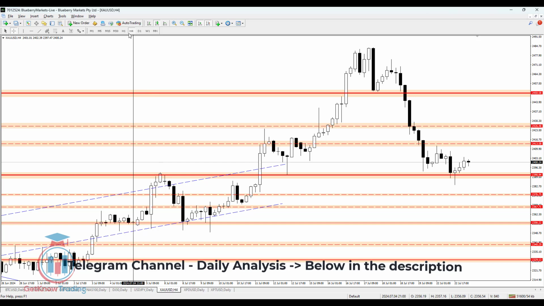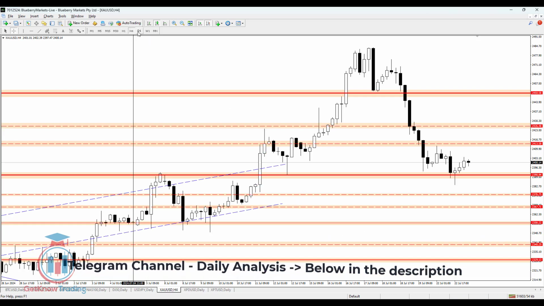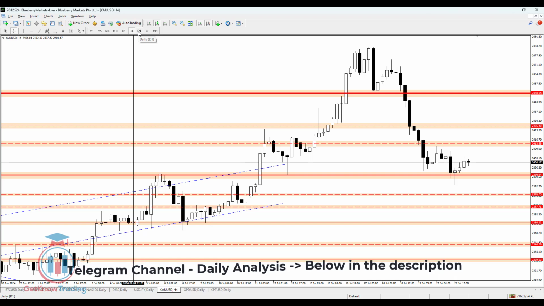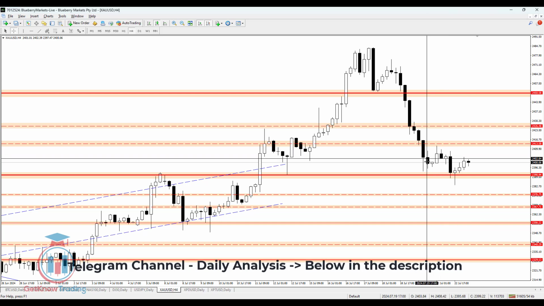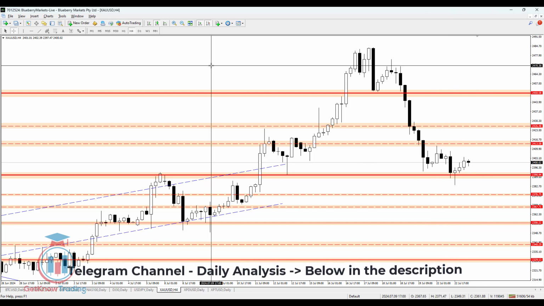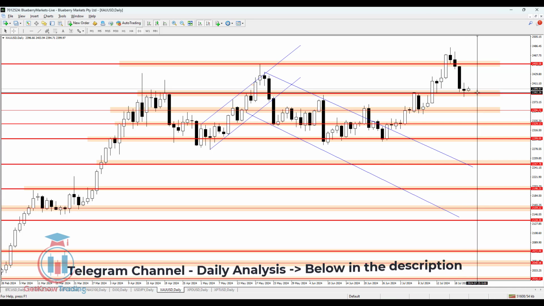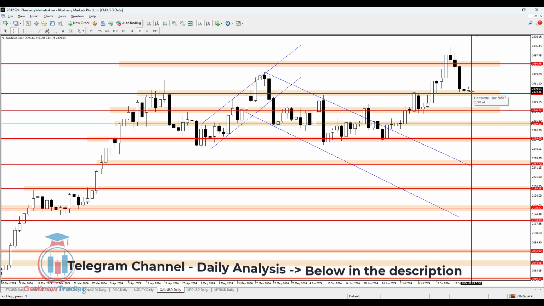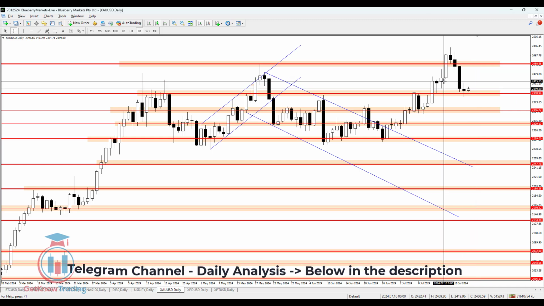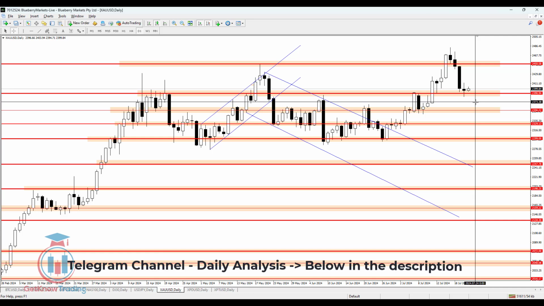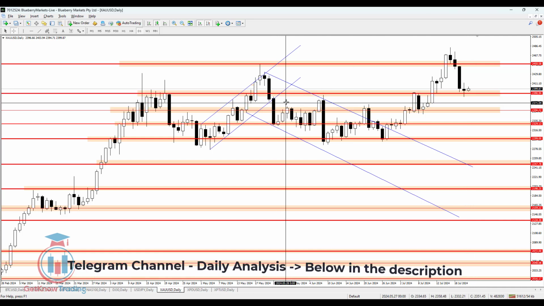Now, besides the 4-hour time frame, we have also the 1-hour time frame, which shows us the levels on the lower time frames, so we can also track what the price is doing during the day. For all of these details on how the price behaves during the day, I will share that inside the Telegram group with the traders when the breakout happens, and also what the trigger will be for where the price could go in the future. Will the price go bullish all the way up here to the first resistance level, or will it go down making a bearish breakout, where the next level where the price could stop is around this price level,